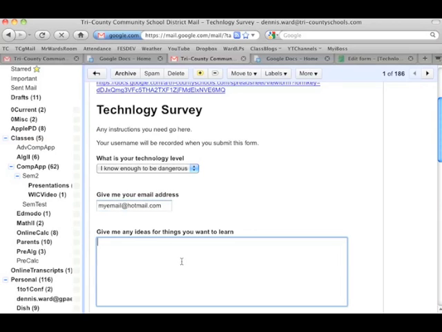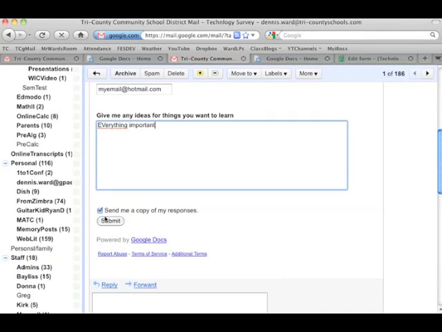And I can come in down here and fill out whatever I want on ideas I want to learn about technology. When I get done, I can submit the form, and they will have this option, send me a copy, so it'll send them an email of a copy of what they did. So I'll just leave that check, do submit,